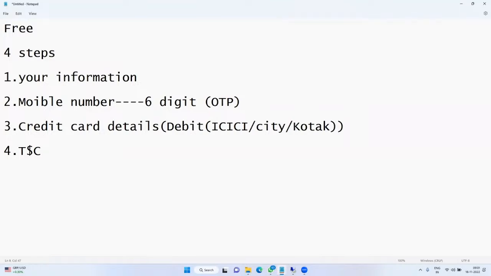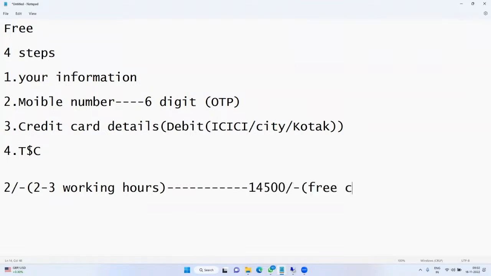So once you enter the credit card details and all, you will be debited 2 rupees. That amount will be credited back to your account within 2 to 3 working hours. So they will provide 14,500 free credits. We will call them free credits. This is for India. I don't think any US people are there in the batch.